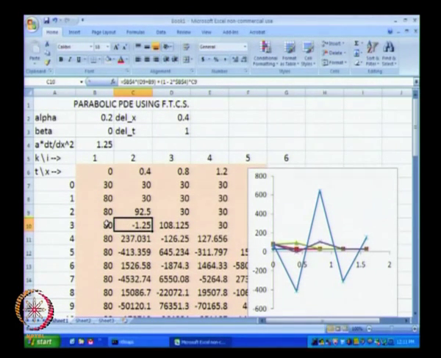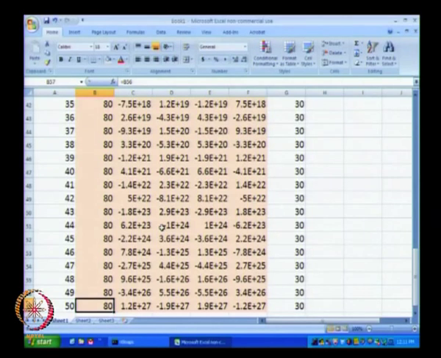So, at one end of the rod the temperature is kept at 80, at the other end of the rod the temperature is kept at 30. There is no way the temperature should actually go below 30 degrees or go above 80 degrees, but that is what our model gives. And at the end of 5 minutes we have the temperature predicted as minus 400 and plus 600, and if we look at what temperature is being predicted at 50 minutes, or sorry, not 50 minutes, 50 seconds, we have temperature predicted as 10 to the power 27, minus 10 to the power 27, so on and so forth.